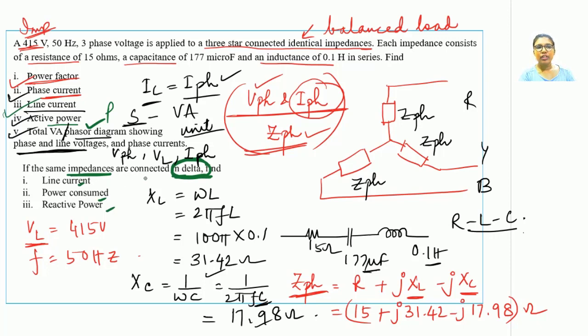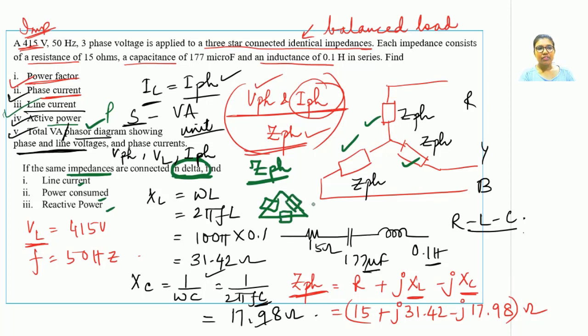The same load impedances, which is Z phase, now are connected in delta. Now what does that mean? It means the load would remain the same, but now they would be connected in a delta manner. Now over here, one must not get confused with this, that one has to transform this star to delta. No, it does not mean that. It means keep the phase loads as they are. Just make a delta connection using those loads.